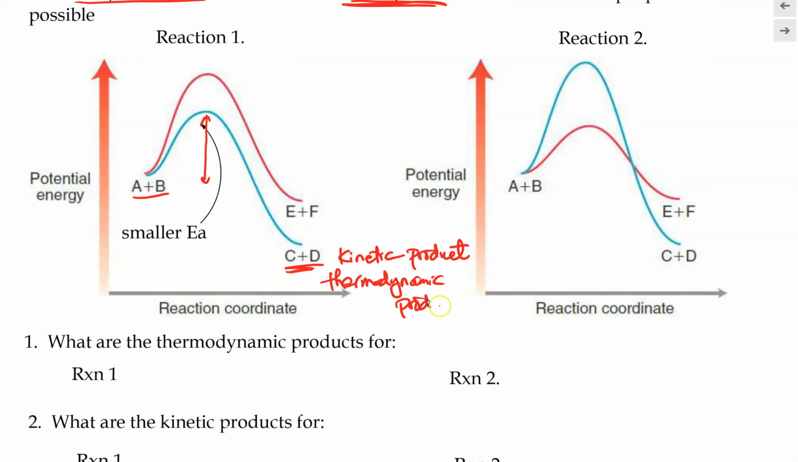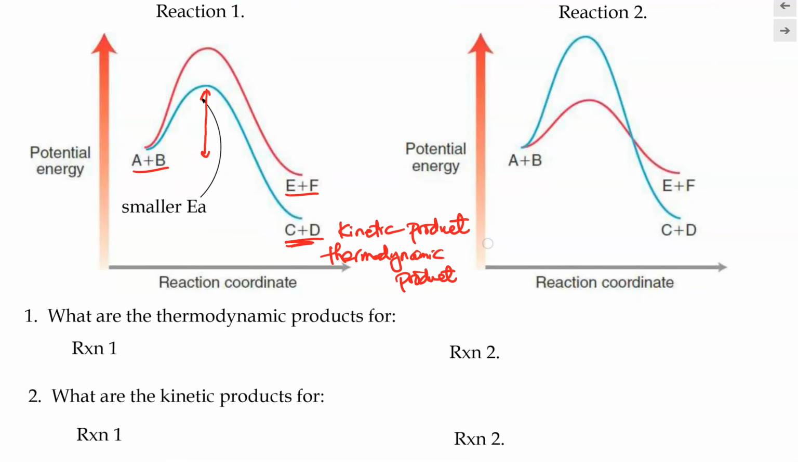Because C and D are more stable than E and F. So in this case right here, C and D will be said to be the kinetic product of this reaction, and also the thermodynamic product of this reaction as well, because it has small activation energy and it's more stable than E and F. And if we were to perform this reaction right here and we want to favor this product, then we need to do this reaction at a colder temperature,